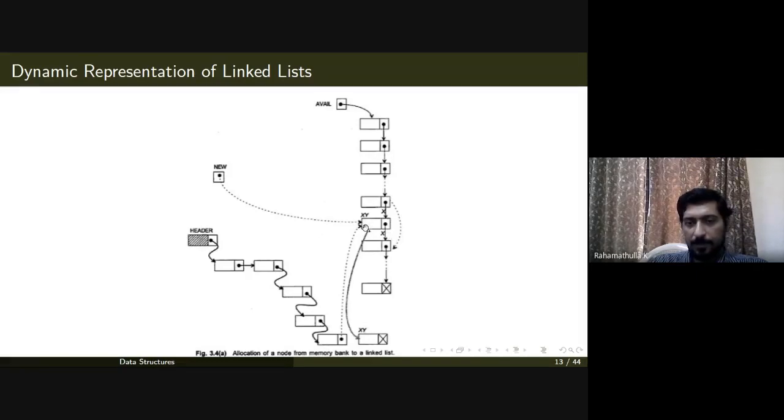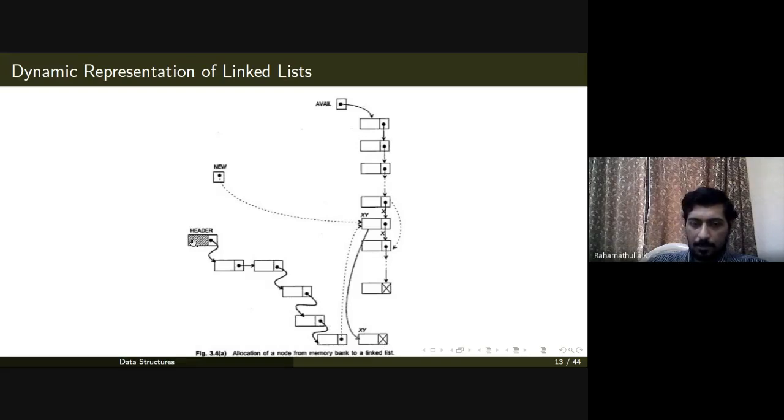Once it identifies this, it will create a new pointer to this. Then the corresponding address will be returned. Then what you can do is insert this in between by rejoining the pointer like this. You create a pointer to this, and you create a pointer back to this. So the list comes from here, and once it reaches here it goes back to this and comes back to the last node.